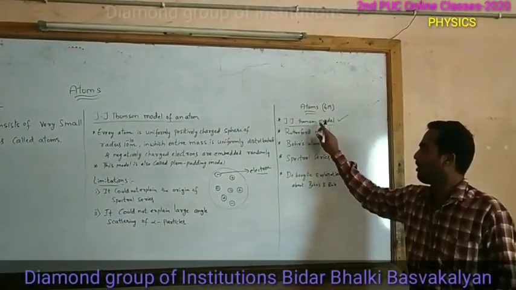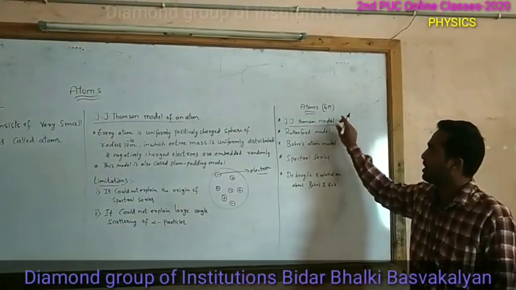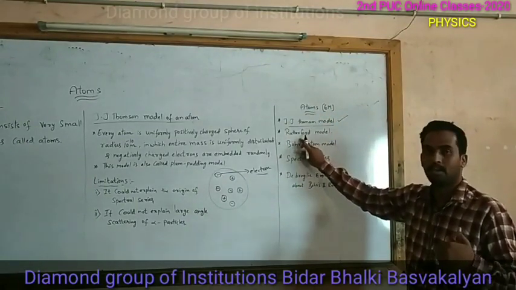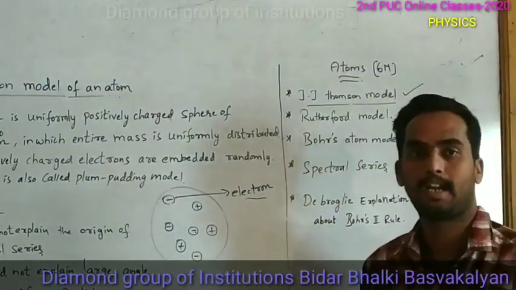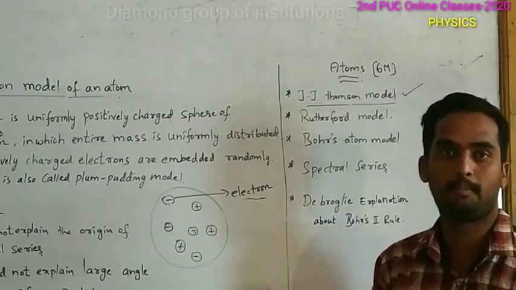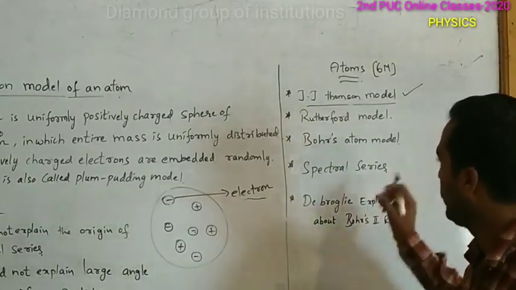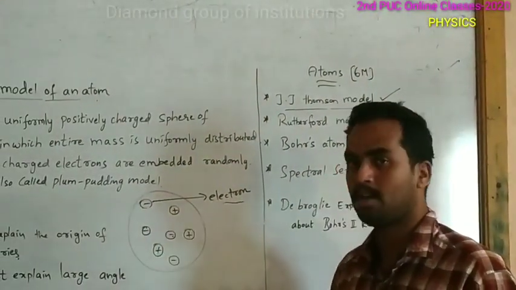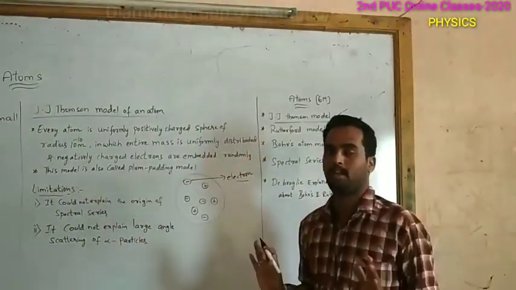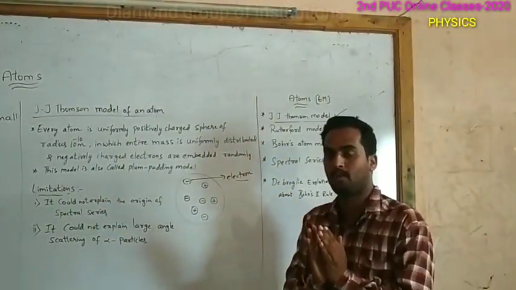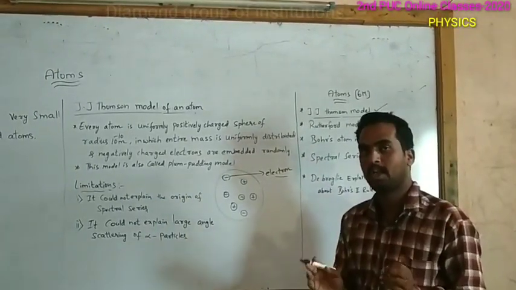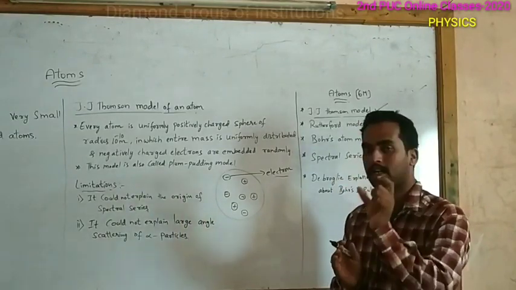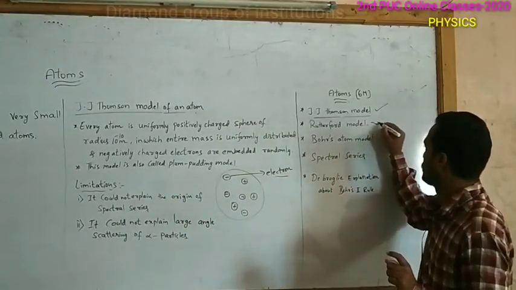So after the J.J. Thomson model, and based on it, Rutherford and his students did the alpha particle scattering experiment, and based on that experiment, they came to know that in an atom, positive charge is not distributed anywhere. The complete positive charge of the atom, however much it may be, is at the center itself. So that center is called what? Nucleus.